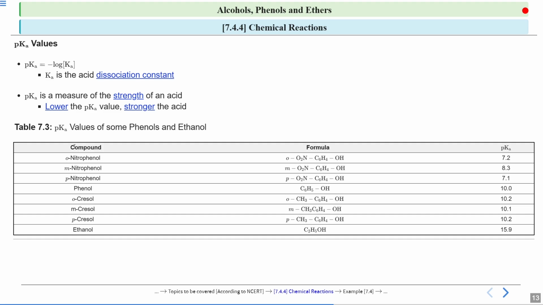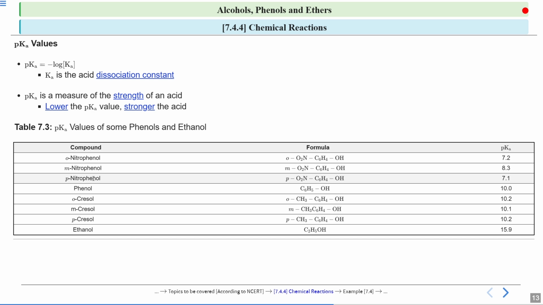In this table, you see the pKa value. This is orthonitrophenol. Now see, the value is 7.2. Similarly, look at metanitrophenol. The value is 8.3. So I told you the lower the pKa value, the stronger the acid. Compared to ortho and meta, the pKa value of orthonitrophenol is less. That means this orthonitrophenol is more acidic, because I told you the effect is more in the ortho and para position. And see here in metanitrophenol, the nitro group is attached at the meta position. So that is why your orthonitrophenol is more acidic.